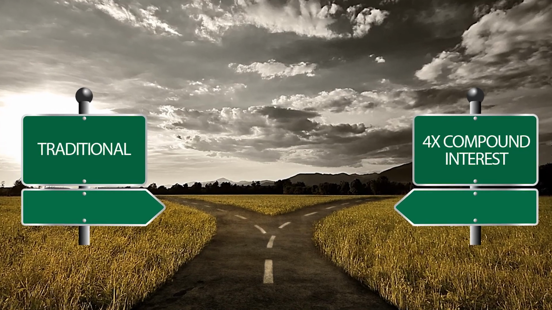So where are we headed? I'll let you in on a little known fact. There are compound interest producing vehicles out there that outperform traditional retirement accounts by 4 times. But the first step, though, is to actively take control of your retirement account today. I would love for you to comment below if you know of some of these vehicles that will allow you to outperform your current retirement account.